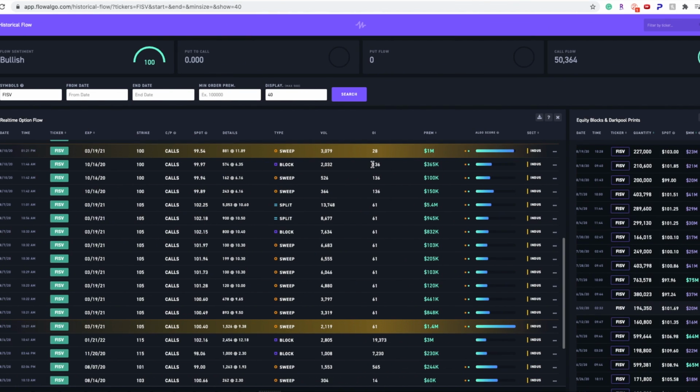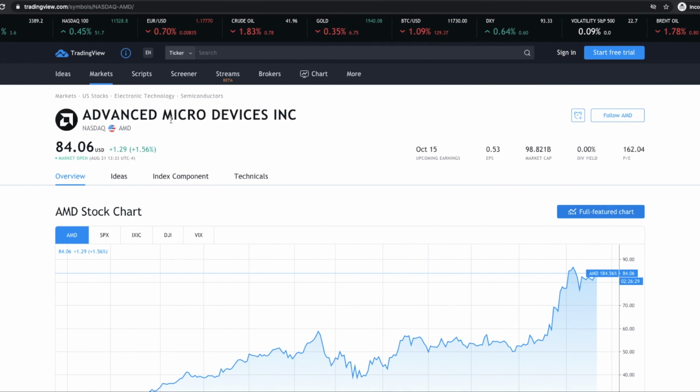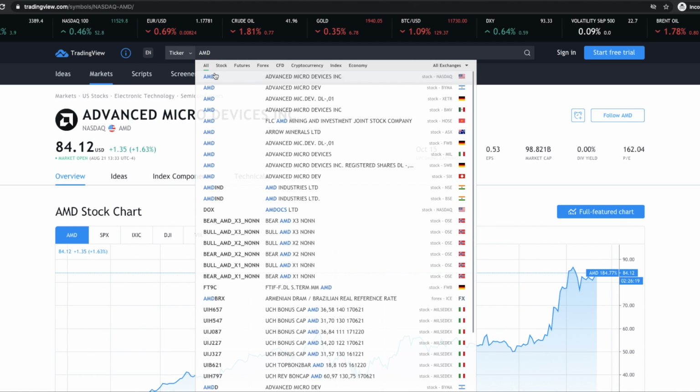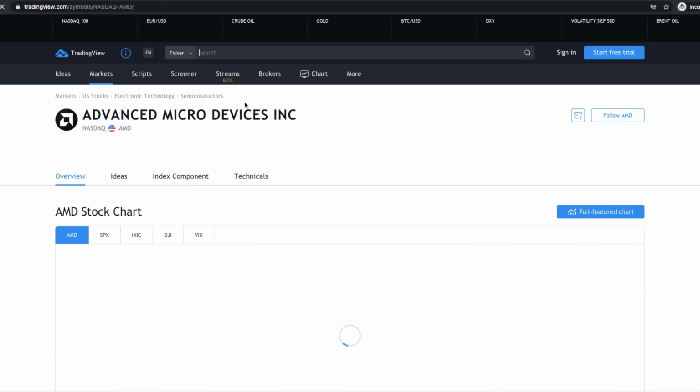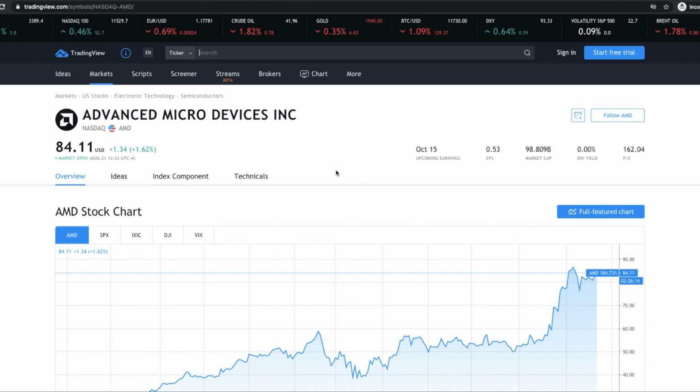Another way to look at things is to just look at the charts. A great website I like to use is called TradingView. You just type in tradingview.com, it'll send you over to here. You go to the search bar and type in, for example, AMD or any stock that you want to look into. If I'm looking for historic flow or at things to get into, I'll just click on here, click on full feature chart. You'll click on this one,